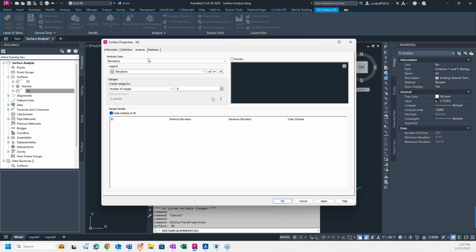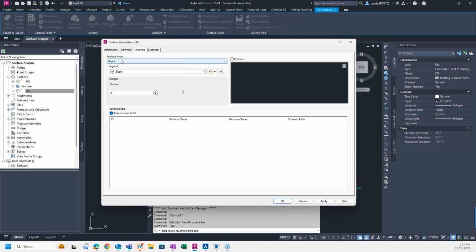Go over to the analysis tab. In order to do a slope analysis, you need to change the analysis type because you notice that the current analysis says elevations. That's the default analysis. Hit the drop down, you'll see there's a bunch of different ones here. We can do a contour analysis. We can do directions, elevation, slopes, and so on. Several different ones. And we'll get into those in a little bit, but I want to show you how to do a steep slope analysis. So I'm going to